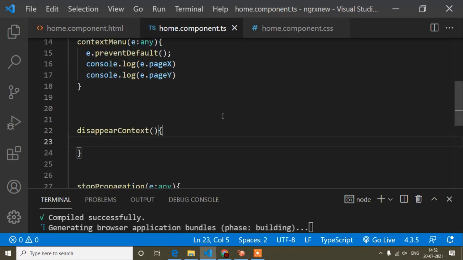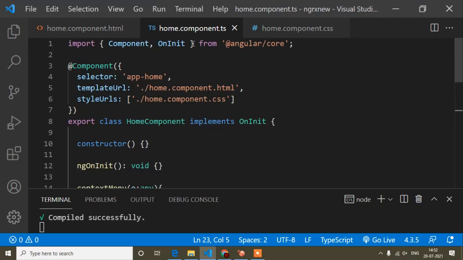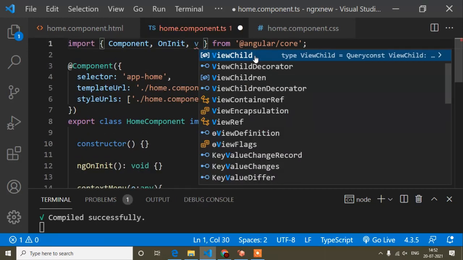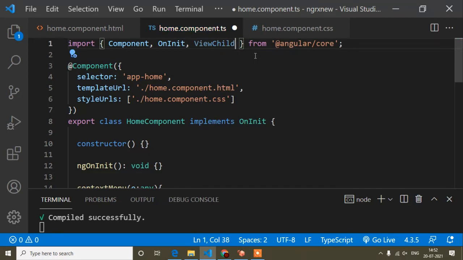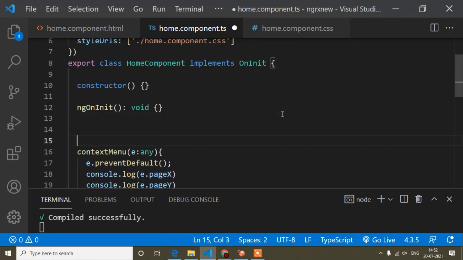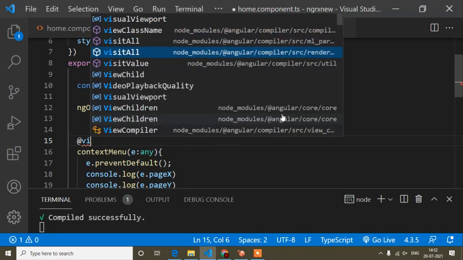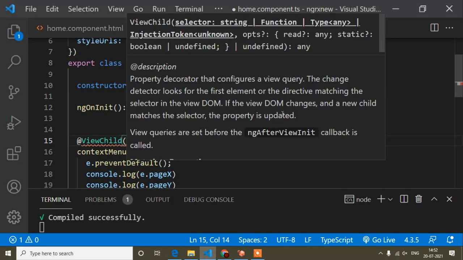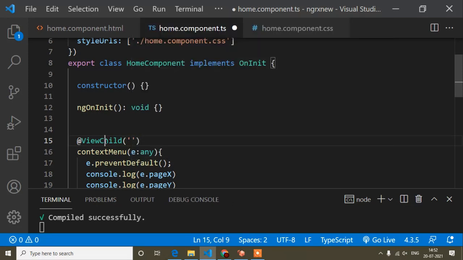Now guys, the main thing is that I have to import ViewChild, because now I will manipulate the DOM property: ViewChild and ElementRef. These two things you have to import here, and they come from Angular core. So now guys, just here I will write @ViewChild, with parentheses and inverted commas.